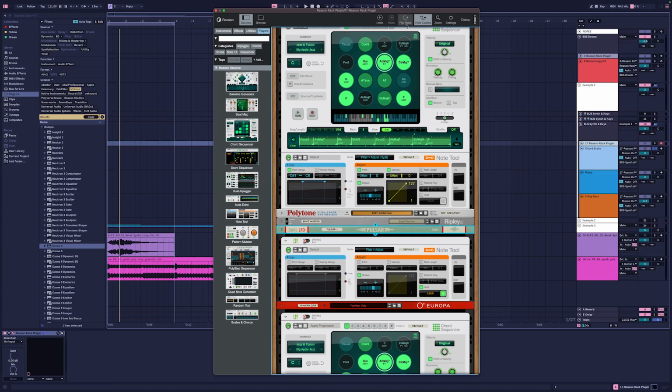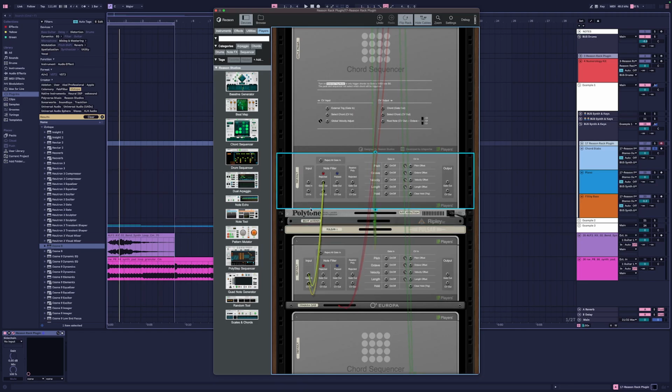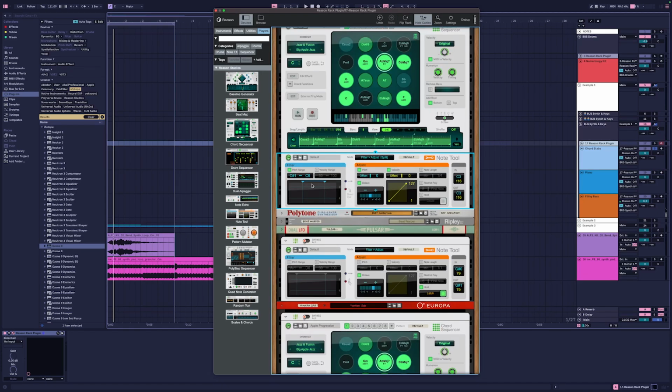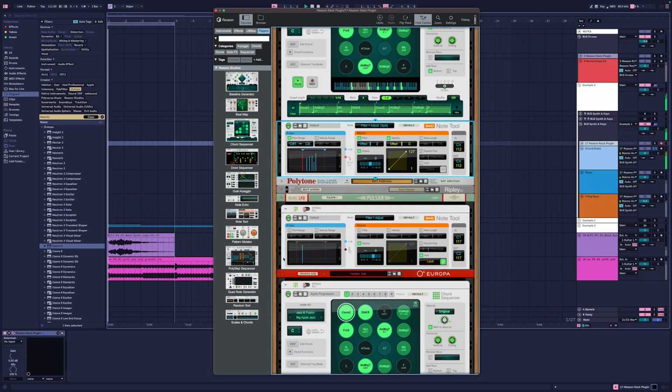However, if you flip the rack around, what you can do is take the notes that are rejected and send them somewhere else using CV. What I'm doing is taking the note that was rejected here and sending it to this note tool. And you'll see that pop up if I play